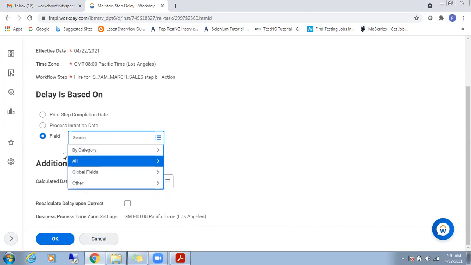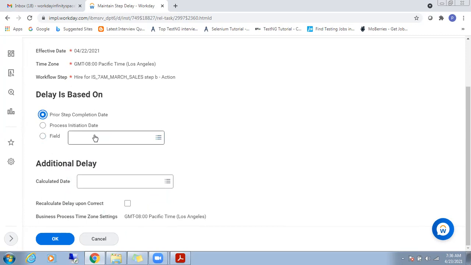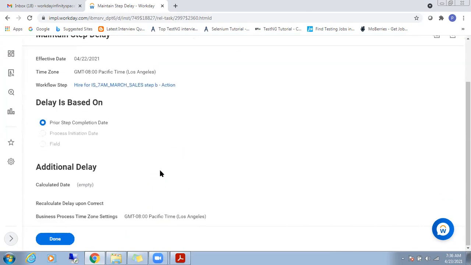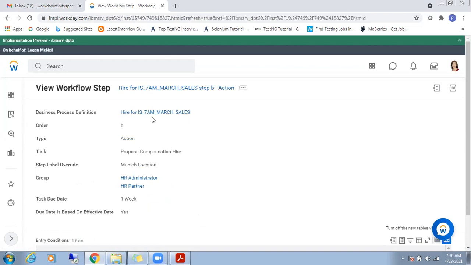Don't go for all these fields, unnecessary fields will come. So prior step completion date. We will wait for the prior step completion date, and click on OK. Let's see this.